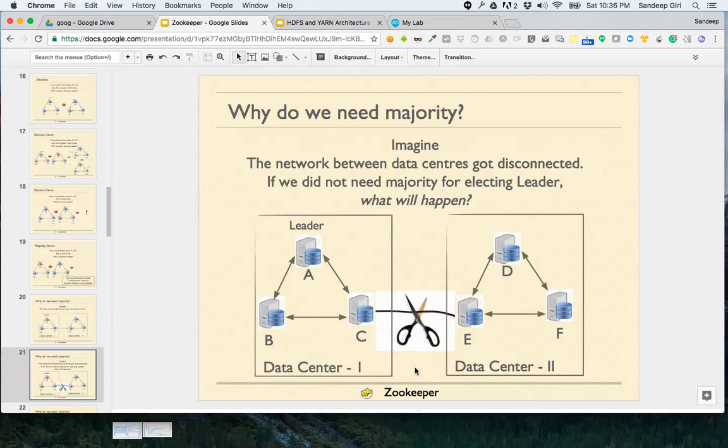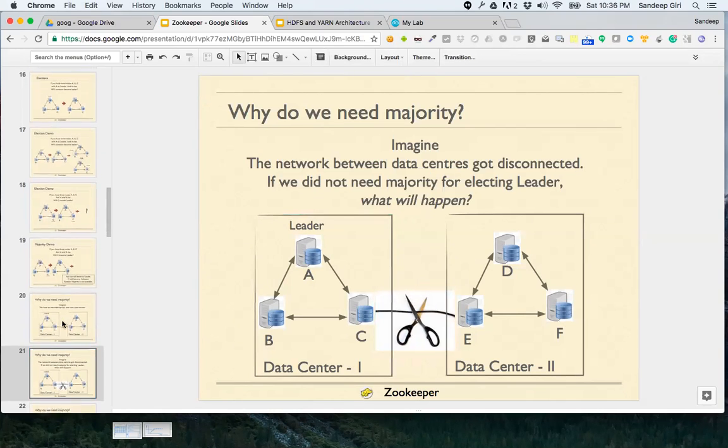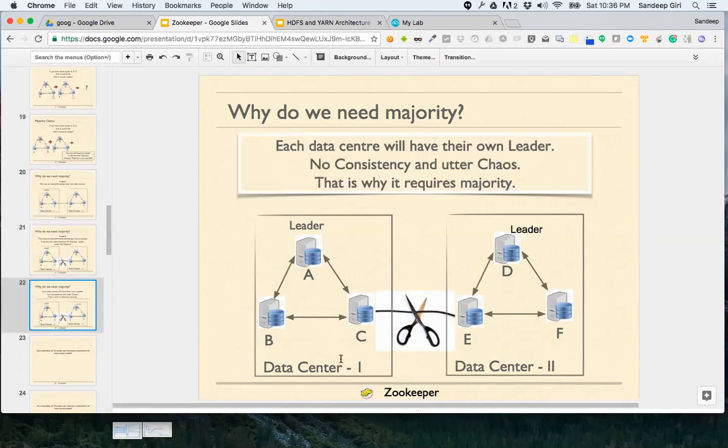If there was no such clause as majority, what would happen is both the data centers will choose their own leaders, because in case there is no majority rule, data center 1 as well as data center 2 both will have their own leaders, and that will cause the inconsistency which cannot be reversed.